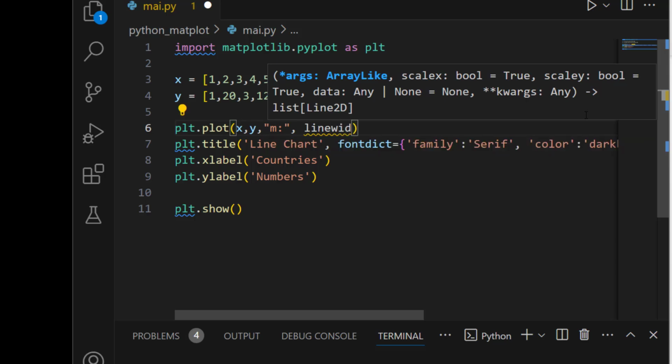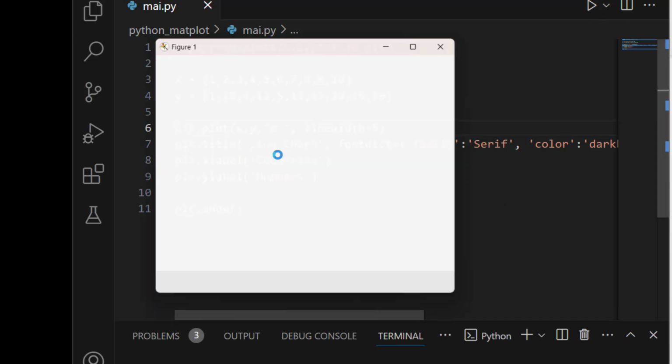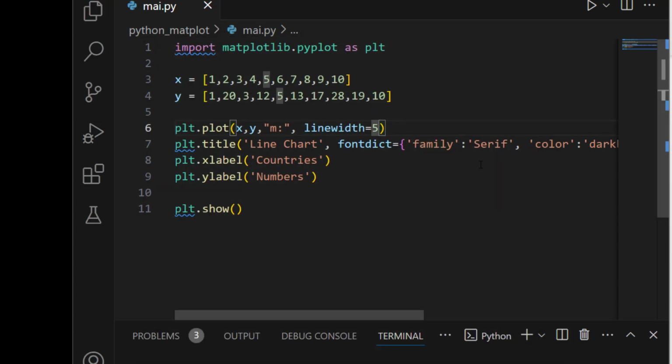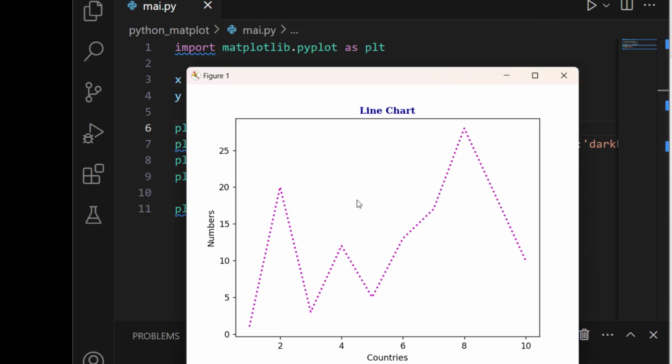Line width will be equal to a number, for example, let's say 5. If I give 5, save, and run this, boom, you can see that it increased a lot. But I can decrease it also, like 2, I think is better. If I run this, boom, the width of the line just changed.